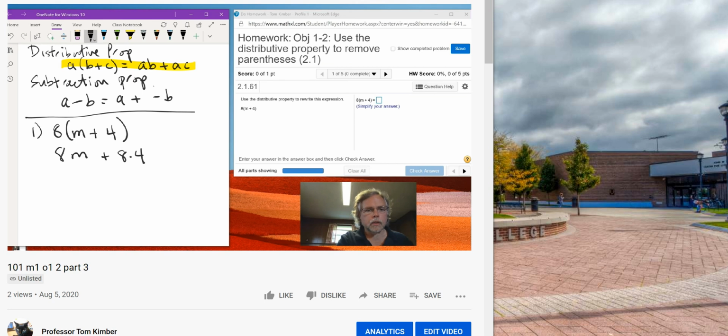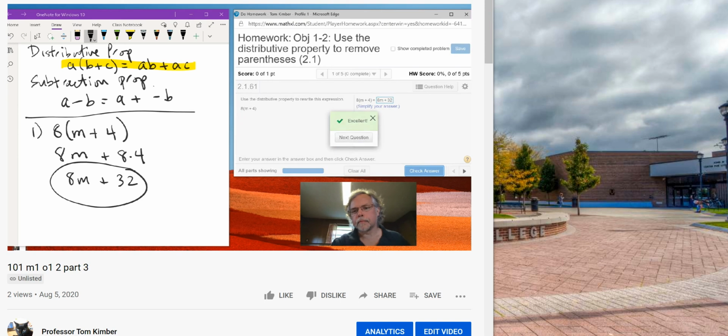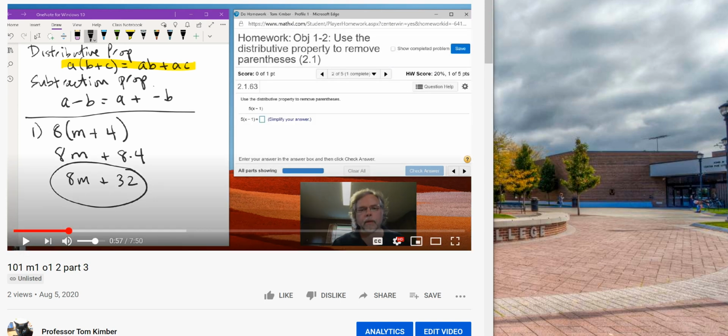And then just clean it up by multiplying the 8 times the 4: 8m plus 32. Then we have